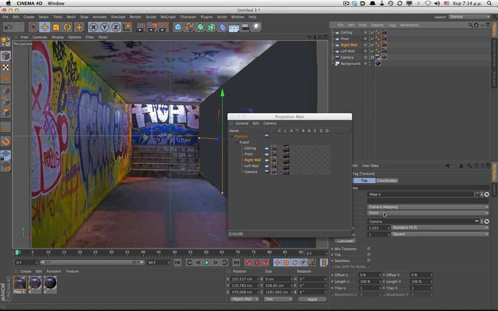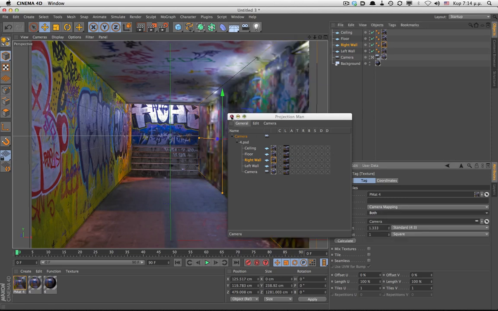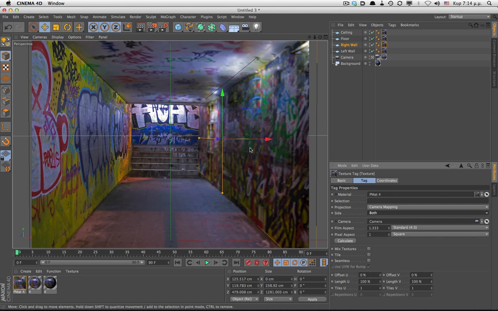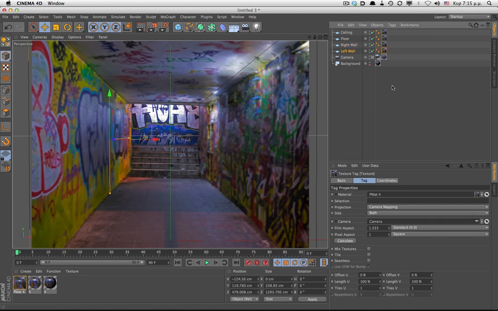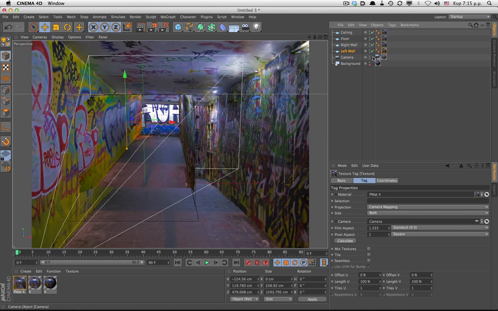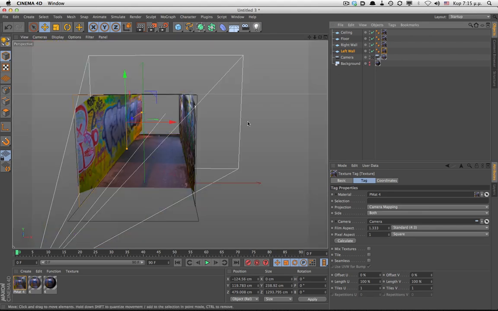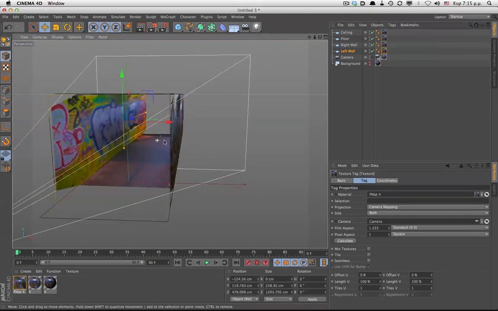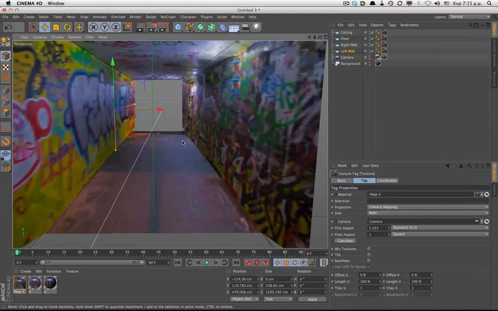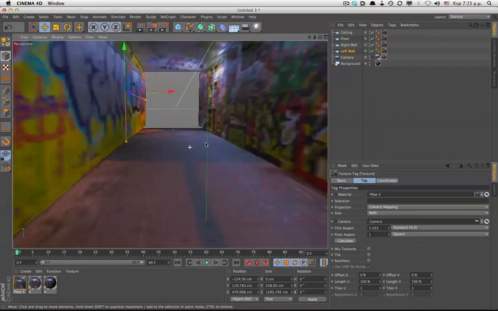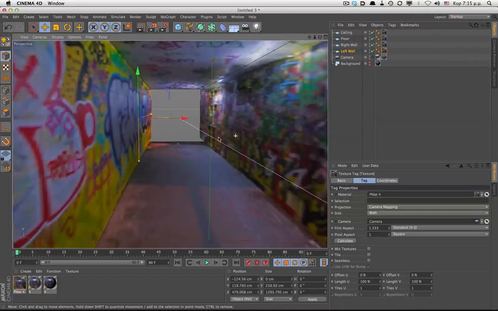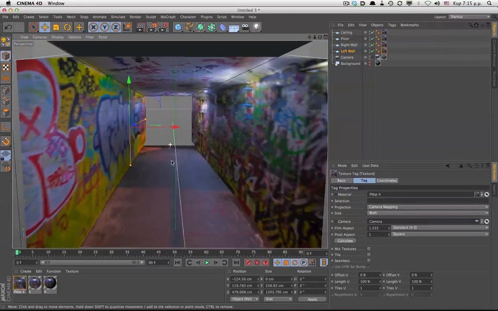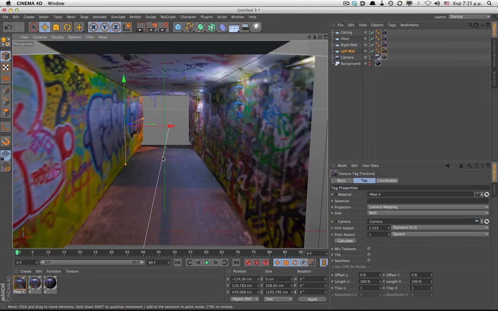Now let's see what we have done. Disable the camera so that we can move freely in our environment. Pretty neat.